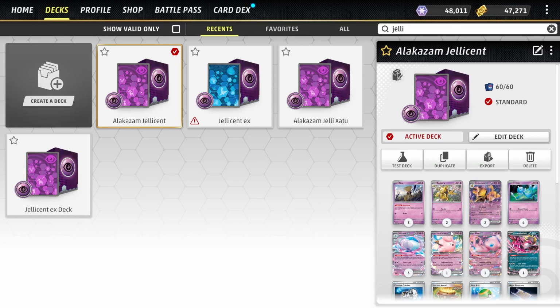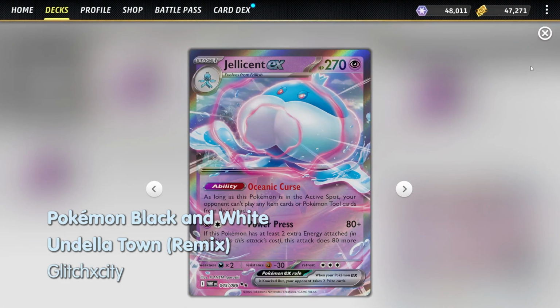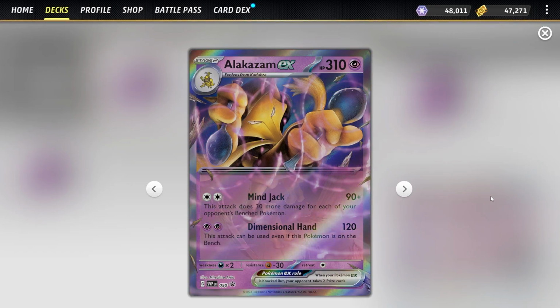What's going on, guys? Gonna be playing some Pokemon TCG Live today with my Alakazam EX and Jellicent EX deck. I've been trying to get these two cards to work together the past couple of days and thought they paired well together because of Alakazam's second attack, Dimensional Hand. It does 120 damage for 2 Psychics, but this attack can be used even if this Pokemon is on the